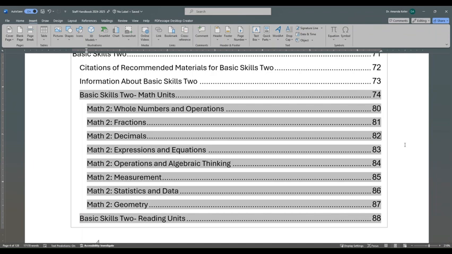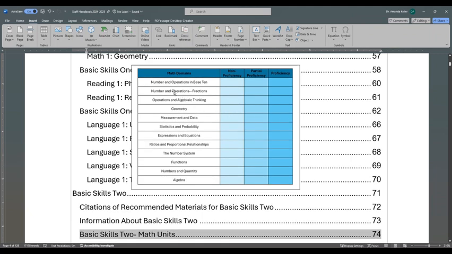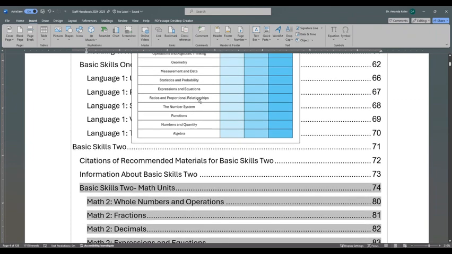So let's say that you are teaching a class of primarily M level students. And on the item analysis, it says that your students need to work on number operations in base 10. This is also on the E-level test. So if you have E-level students, I would use the material in the E-level book because the reading level is appropriate for those students. We'll also present the skill in a little bit simpler form. If you have M-level students, you would want to use the M-level book, the Basic Skills 2 curriculum, and you would choose this